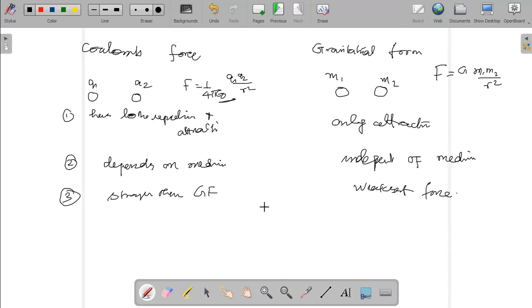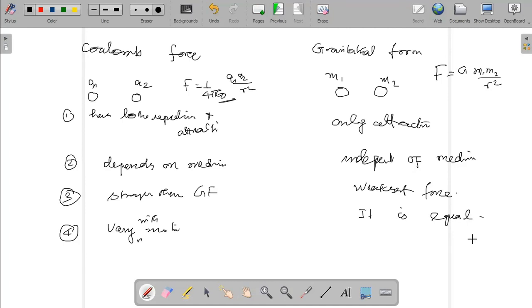Next, this is a point you need to understand. This force varies with motion. What does that mean? The meaning is that when the charge is moving, the force is not the same as when it is at rest. When it is at rest, the force value is not equal to when they move. At the time of moving, there will be an attraction or repulsion, and that force value is not equal. Whereas here, it is equal, even though it is in motion the value is found to be equal.